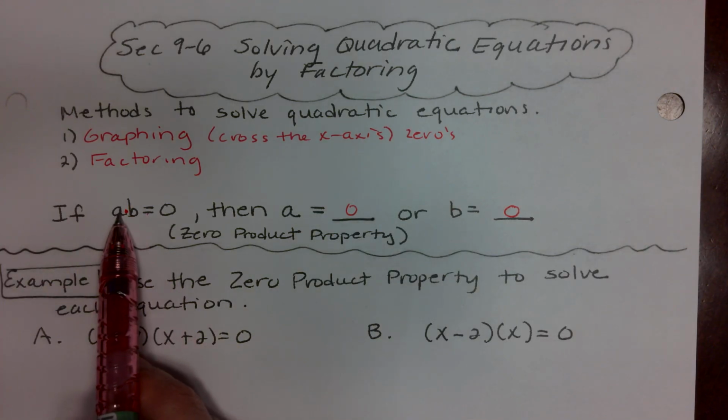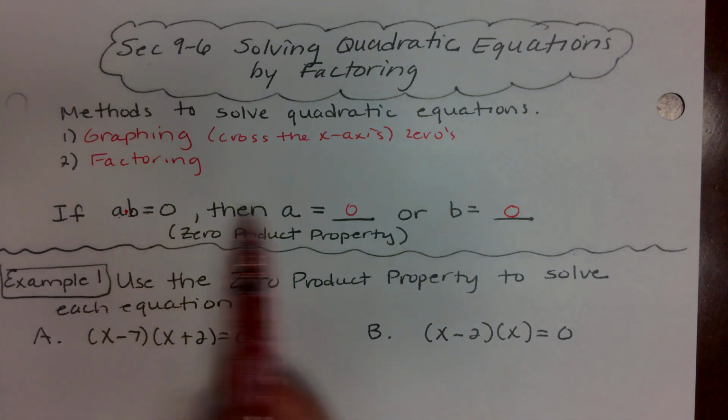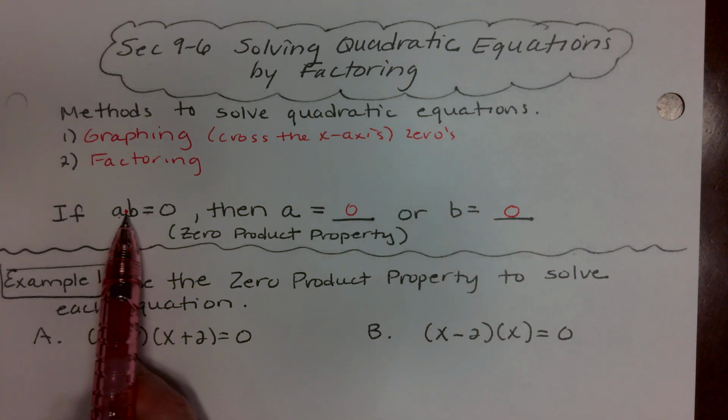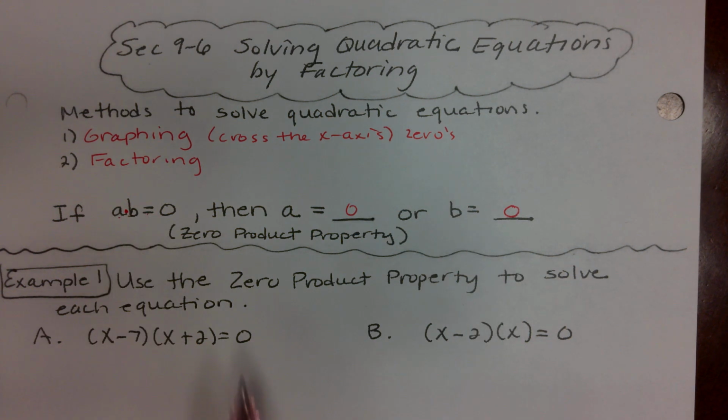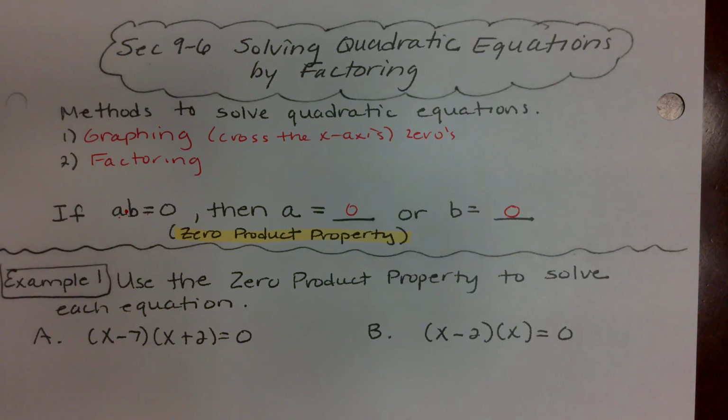Because if this is 0, it doesn't matter what b is. 0 times anything would be 0. And if b was 0, it wouldn't matter what this was, because 0 times anything would then give you 0. That is the zero product property that has been introduced at other times,